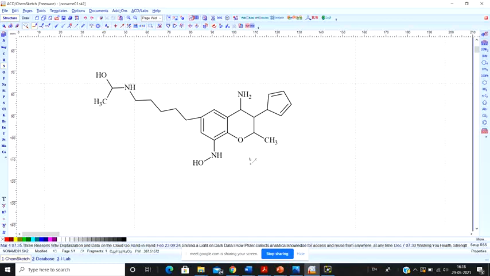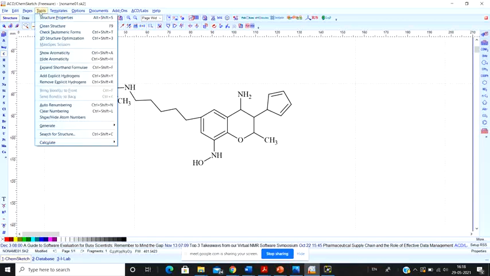If two molecules are in very close proximity, what is it called? Steric hindrance. That sometimes might lead to steric hindrance. For example, suppose I'm adding a CH3 group here. Now this might create a steric hindrance among these three. So how to avoid those? How to optimize this whole structure?